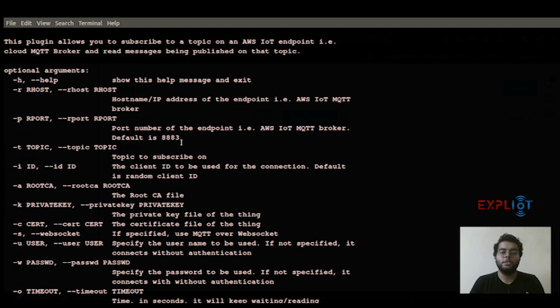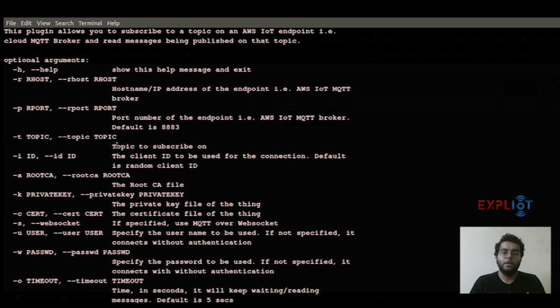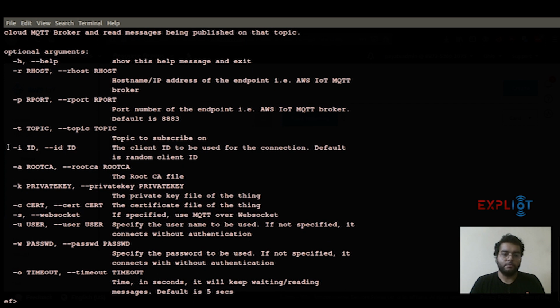The default is 8883, which we are going to use. Next is -t, which is the topic to subscribe on, which is pretty obvious if you are already aware of the MQTT protocol. Next is -i, which is the client ID to be used for the connection. The default is a random client ID.